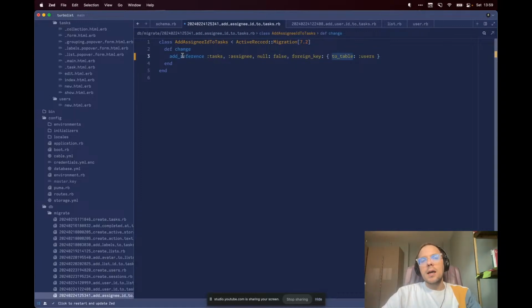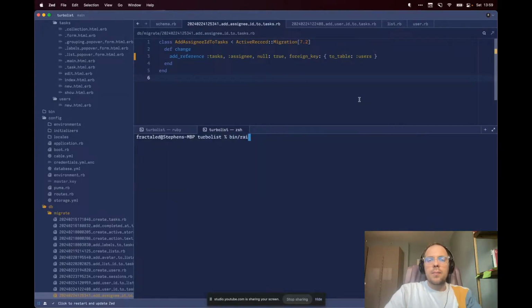So we say that adding a reference from tasks to assignee, which means it's going to generate an assignee ID column. We want it to be null true, right? It's optional. Not every task must have an assignee. Some tasks can have an assignee. And it is a foreign key, but it doesn't point to a table called assignees. It points to a table named users. Right. And so if we run this migration,